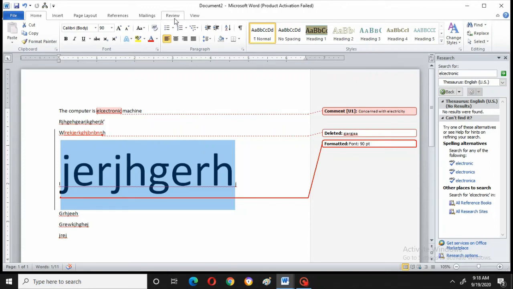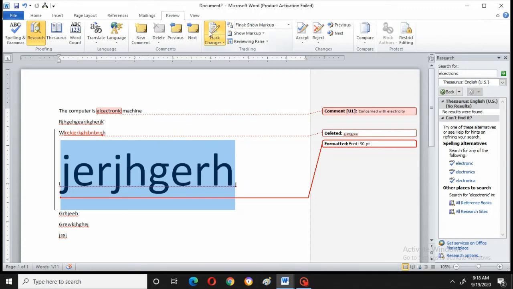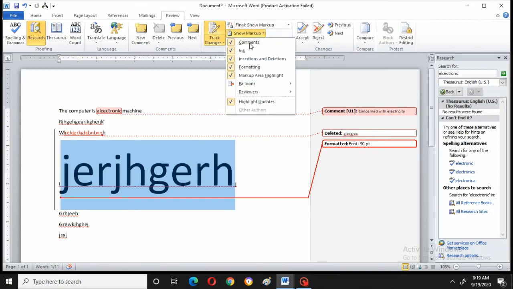Right? Now again go to review. You can see the track, because when it is highlighted, you should think that everything is tracking. Okay, here, whatever we have done, comment, deleted, all those things, whichever markup you want, that many markups you can select over insertions. Just now I have inserted and deleted, and just now I formatted to size 90. So whatever you do, if you highlight, it will take. If you remove all these check boxes, tick marks, it will not do any tracks, right?